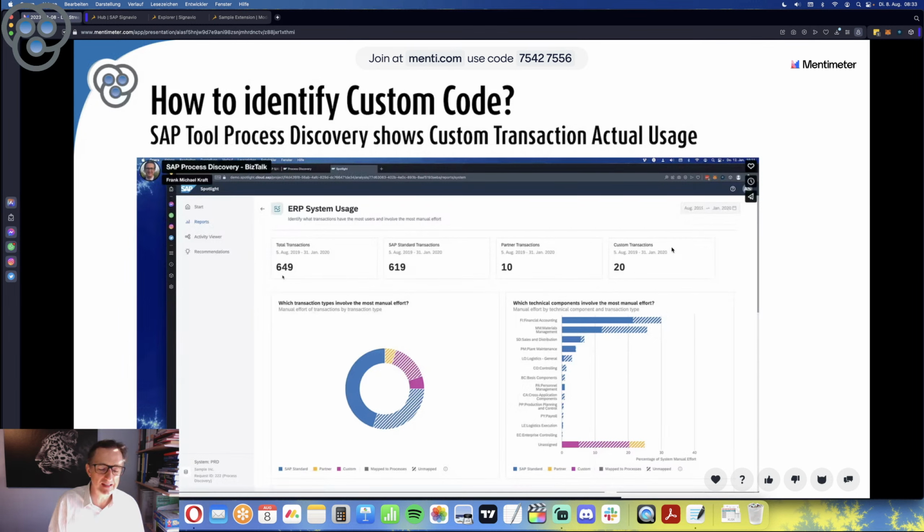Okay, I admit this doesn't help if SAP, as we discussed yesterday, announces that certain AI functionalities are only available for the public cloud. If you're on-premise, then they say, okay, I don't get it even if I do a clean core. Yes, that is true. But just for the sake of argument, it's even better if you have a clean core